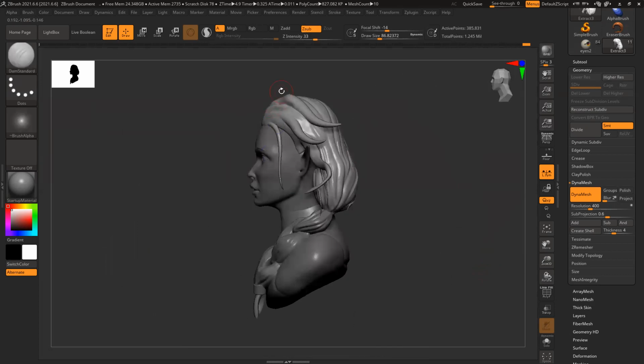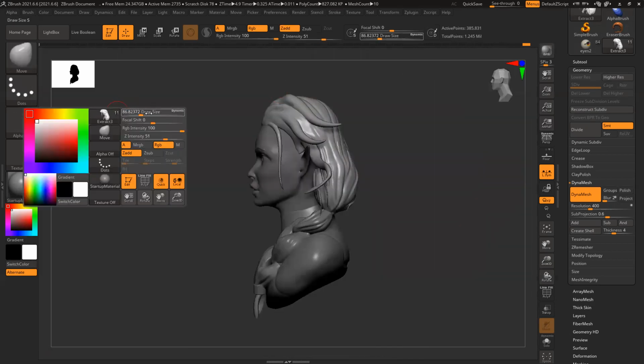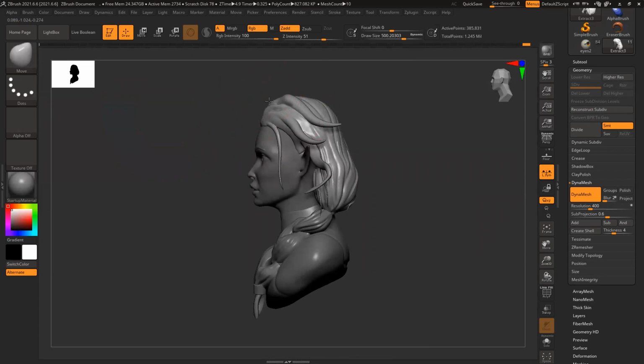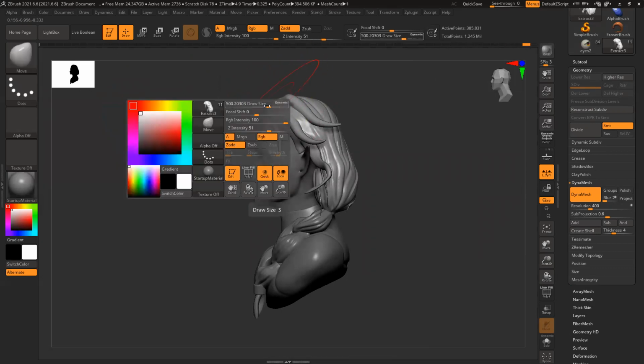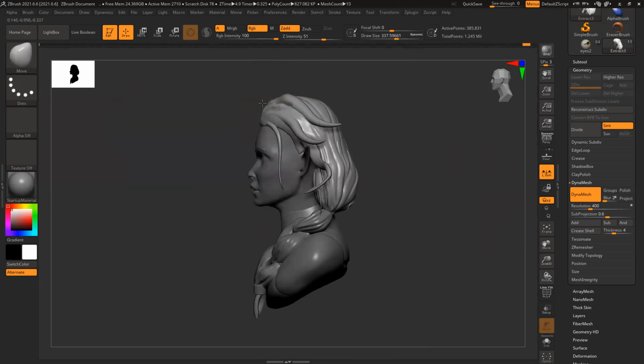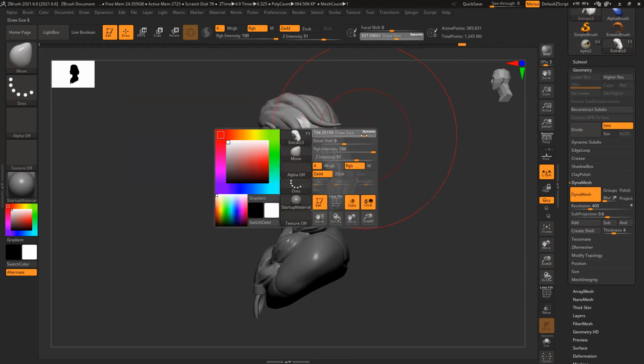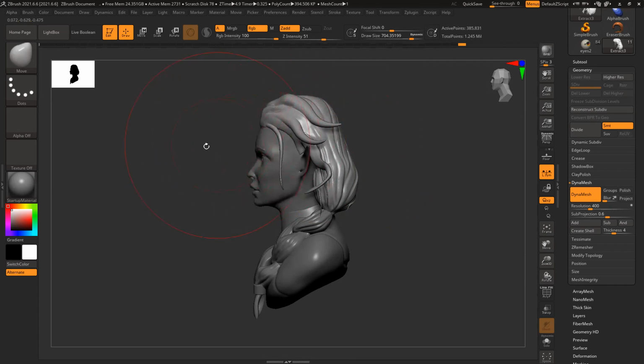And I can see that the volume is not correct. This thing is too big and should come slightly forward, slightly up, slightly inside. And this should also go slightly inside.